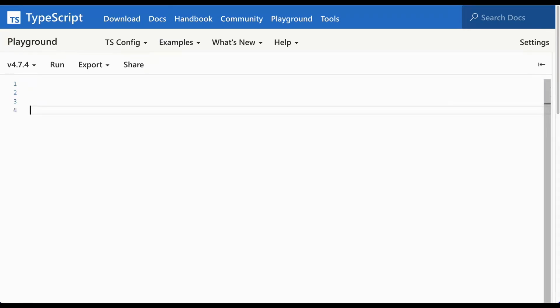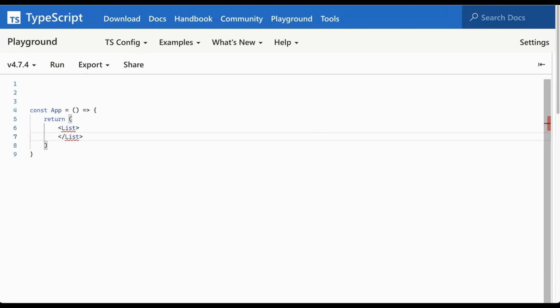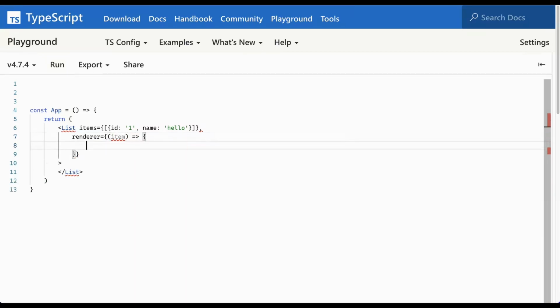So let's imagine we have an app, const app, which is our React application, which is going to return a list component. And what this list component is going to take as props is items that we want to render, which of course is going to be an array of elements, for example, made by id, name. And then the second parameter that we want to have is a renderer, which essentially is going to take the item that is being passed through, and then we can define how to render such item. So we're going to take item.id and